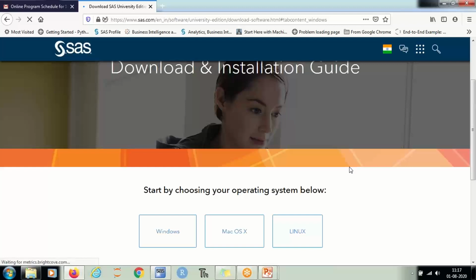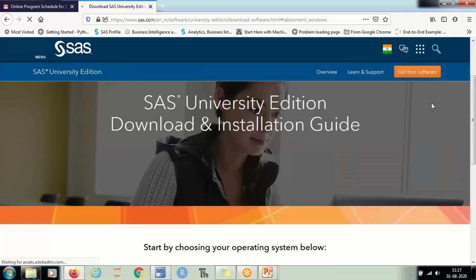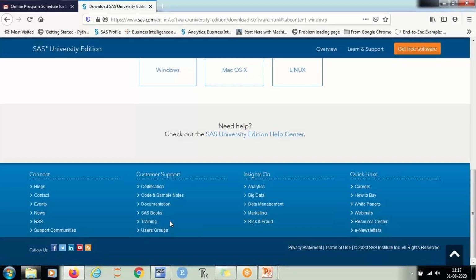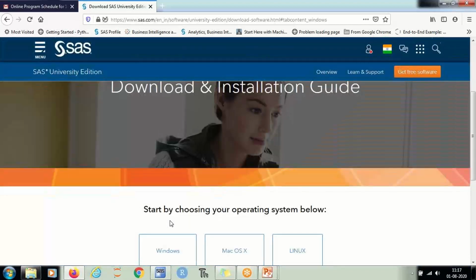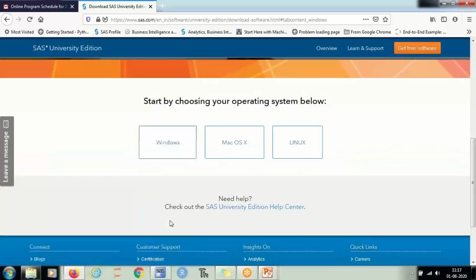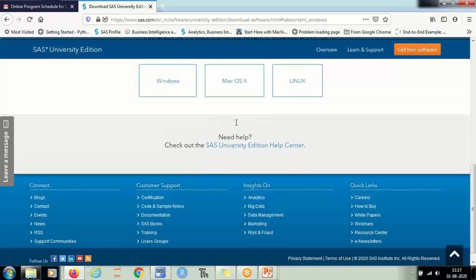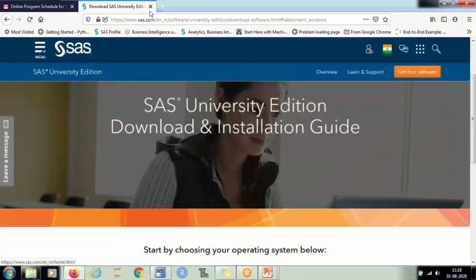For that, you need to download it, and there is a full guideline on how to install this. So you can try this after the class if your issue still persists.